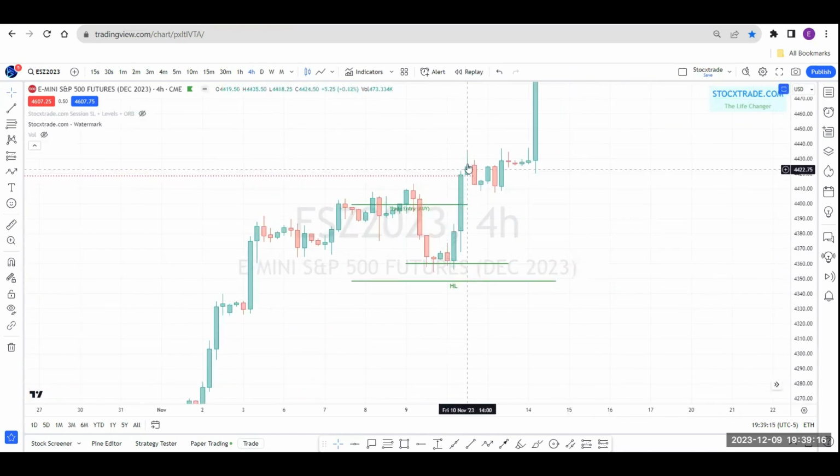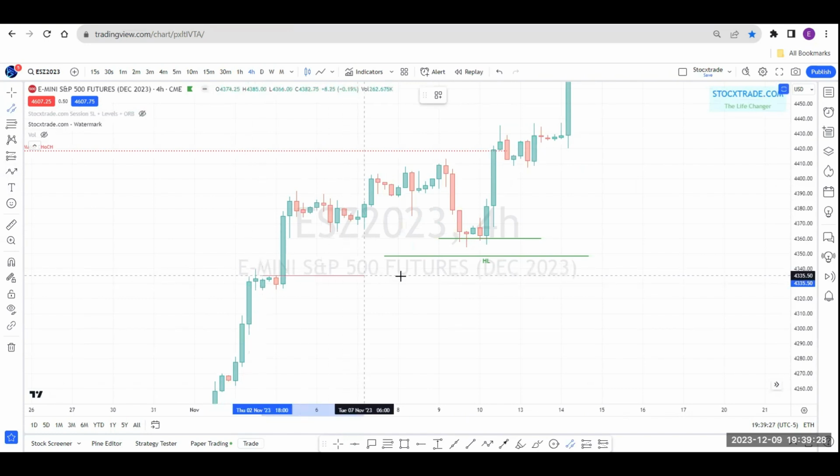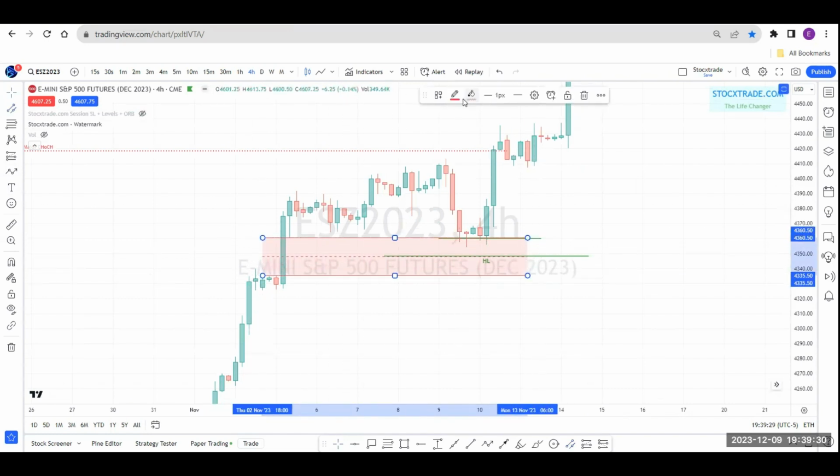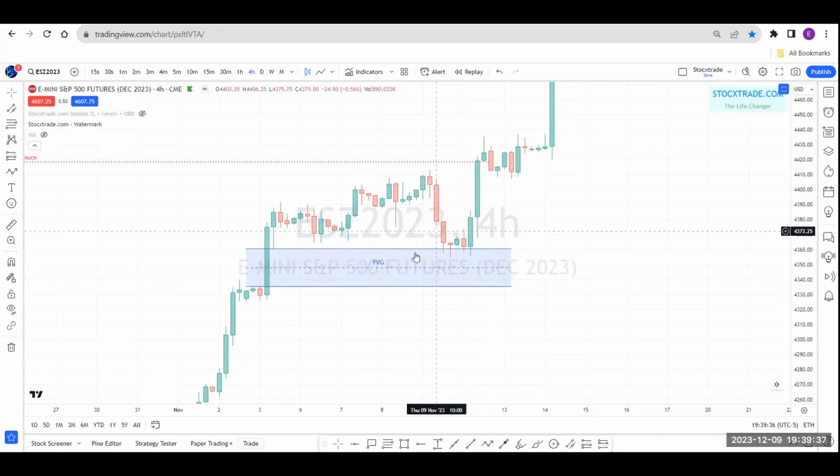Then at the next moment, the market will go up, because I don't know. If I don't know, okay, because I can see if I miss the entry, I will not enter here. What I will do? I will enter here at this fair value gap. I will take my entry here